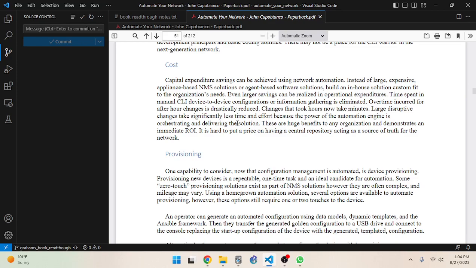Large disruptive changes take significantly less time and effort because the power of the automation engine is orchestrating and delivering the solution. These are huge benefits to any organization and demonstrate an immediate return on investment, ROI. It is hard to put a price on having a central repository acting as a source of truth for the network. That I definitely agree with.